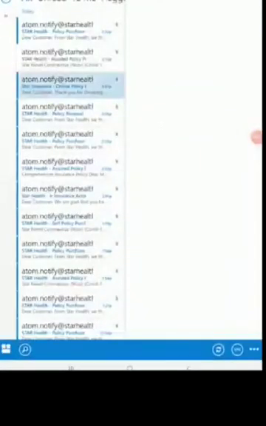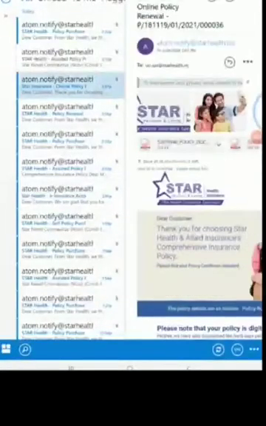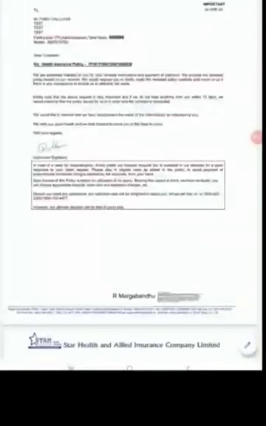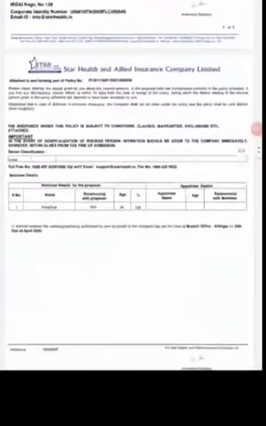The customer will receive the renewal policy in his email. So this is the policy which we have created. If we click on the policy document, we can see the renewed policy details, along with the previous policy number. It has the intermediary code, agent details, office code, fulfiller code, insured details, nominee details if any, ATD certificate, and tax invoice.